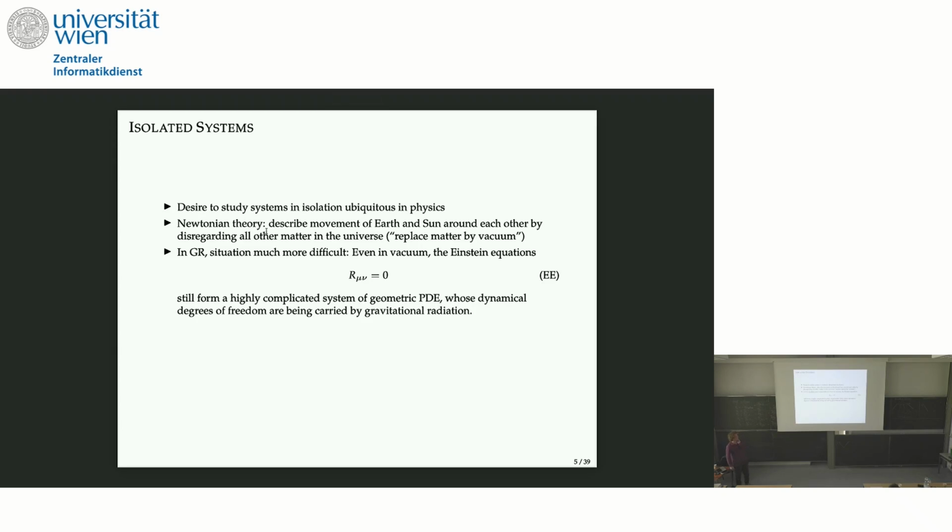In relativity, this is no longer that easy because even in vacuum, the Einstein vacuum equations are still a highly complicated system of PDE, and there is gravitational radiation floating around everywhere. So it becomes more difficult. And very informally speaking, describing an astrophysical process in isolation loosely corresponds to demanding that the gravitational radiation associated to this process should suitably disperse at large distances. This idea is captured by various notions of asymptotic flatness in the literature, and I will cover some of these notions now. But this is the conceptual issue at the heart of all this.